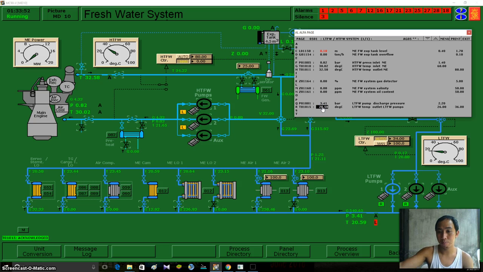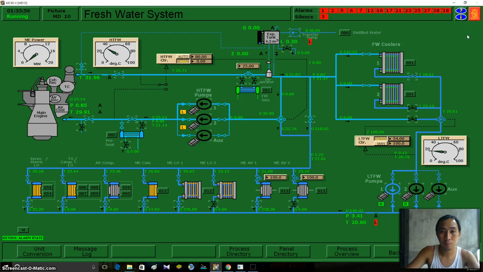So our temperature is low. It's okay, just acknowledge it. Press F12. Okay, and we are going to start our high temperature fresh water pump. Again, after starting, put it in remote. Okay, after that,